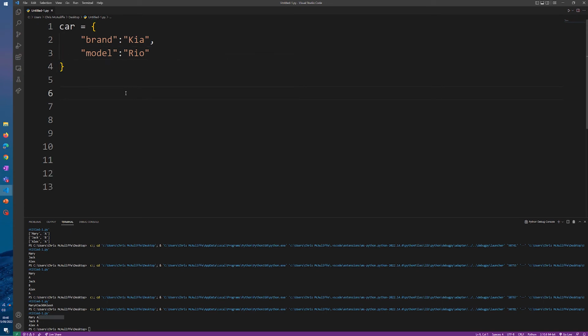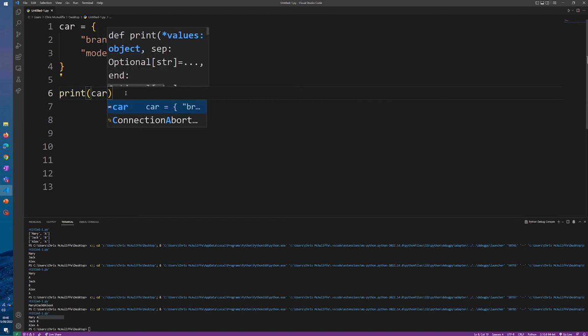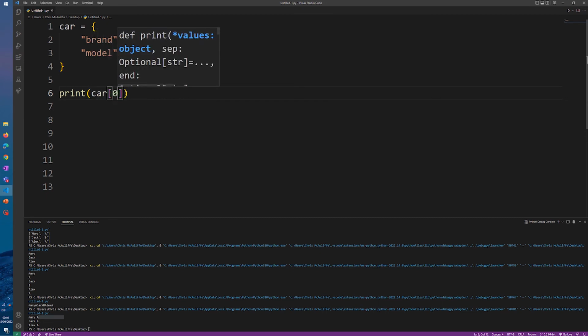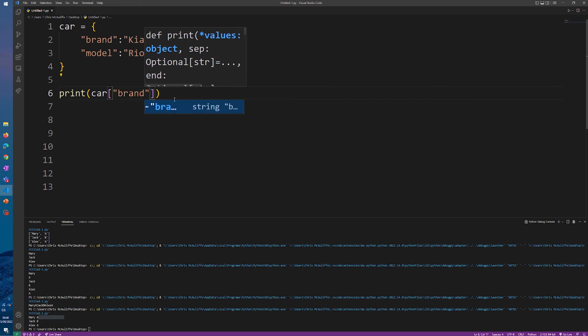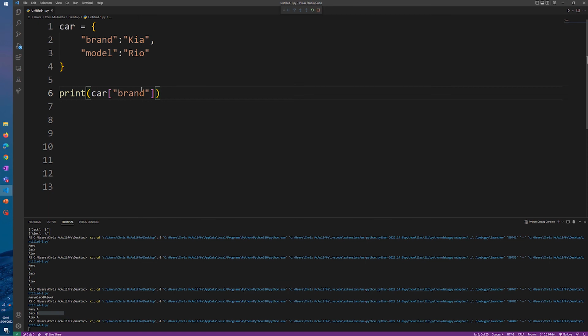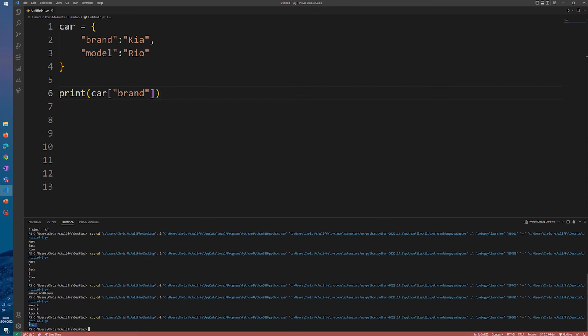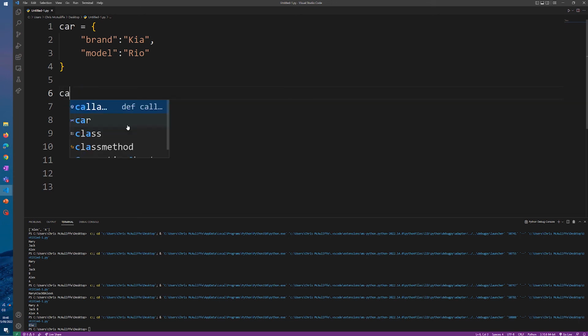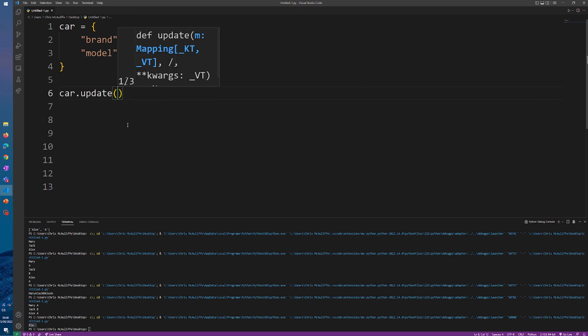The cool thing about dictionaries is that if I want to print off a value from a dictionary, like car for example, you don't put the index. What you do is you put the key. So if I print out brand here, we should get Kia in our outputs. And there you go. In a dictionary, you can add things to the dictionary by using car.update. And in here, we can write